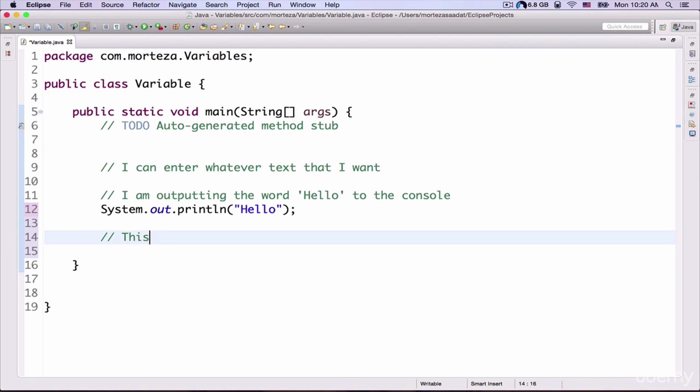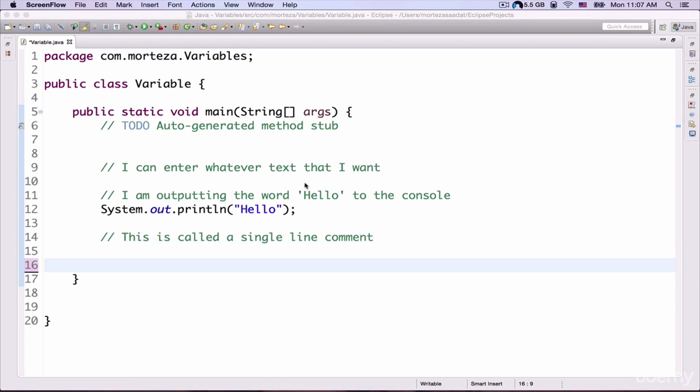For example, this is called a single line comment, okay? And everything from the slashes forward, as you can see here, is called the comment, and it's going to be completely ignored by the compiler, okay? Another type of comment is a multi-line comment. So for example, if I want to create a multi-line comment in my program, I just need to start my